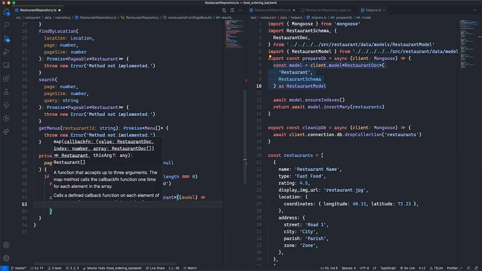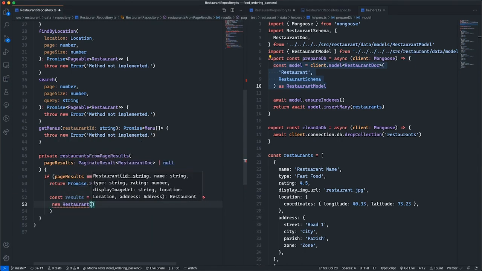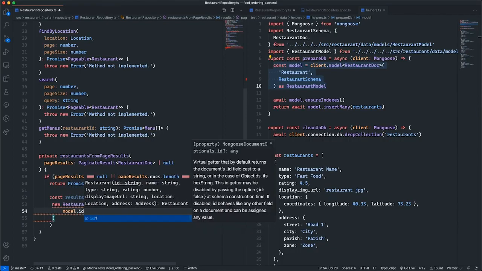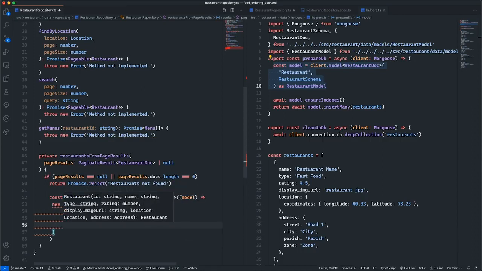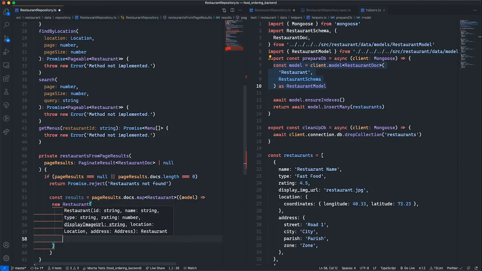Then for each model, I'm going to return a new restaurant, and I'm going to pass in for the ID, model ID, name, model name, type, model type, rating, display image,